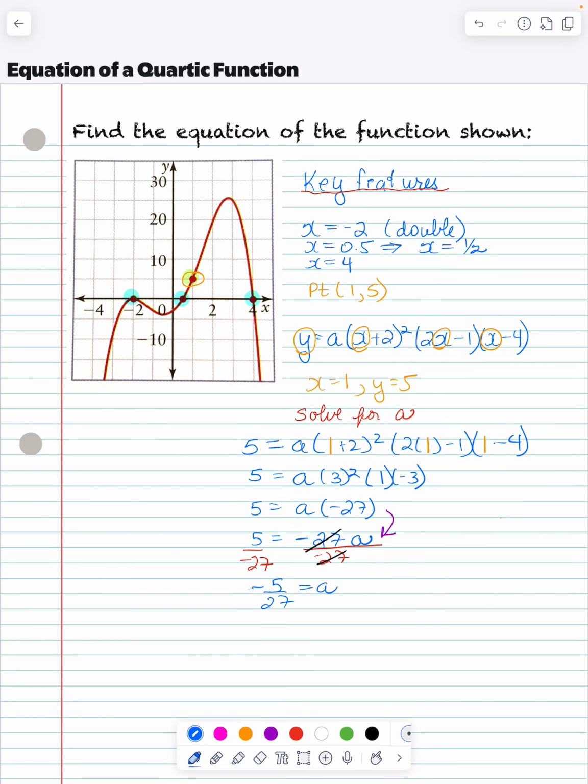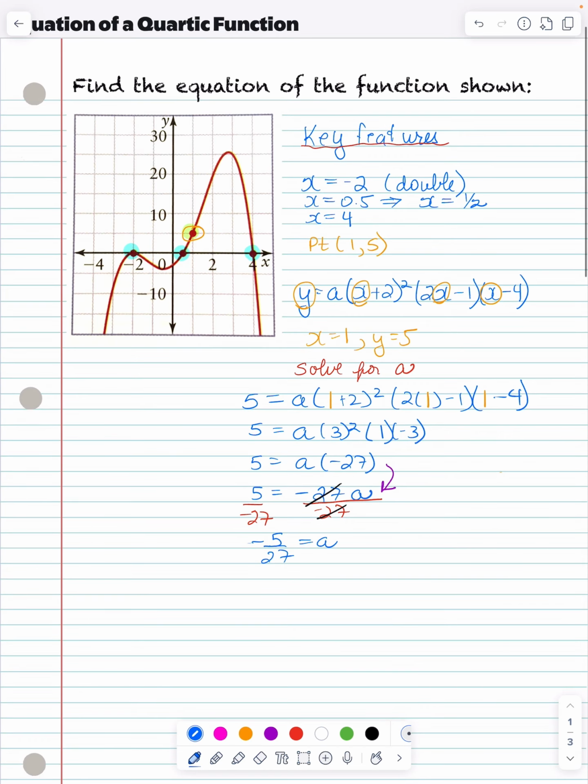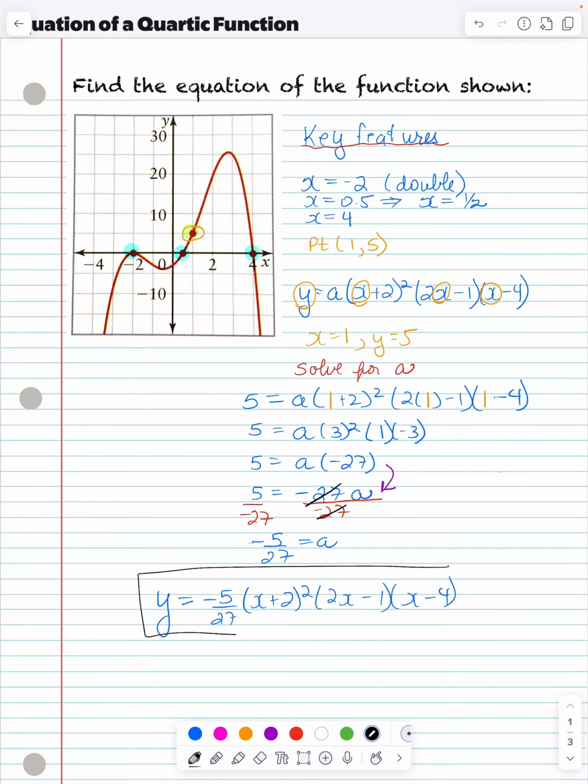That's my answer. Then I have to go back to my equation. y equals the a, which I just calculated, -5/27, (x + 2) squared, (2x - 1), and then (x - 4). That's the answer for the question, but we're not finished yet because what I am going to do is I'm